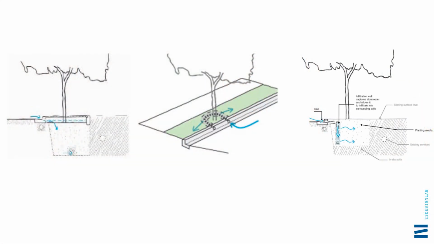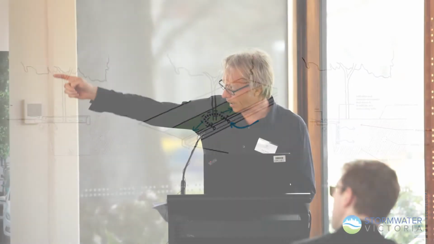And again, there's various forms. Let's go through some of those other ones again. In the case of on the left, they're the classic tree pit. It's the equivalent of your extended detention there, that temporary ponding. And in the case of the pipe in and out,